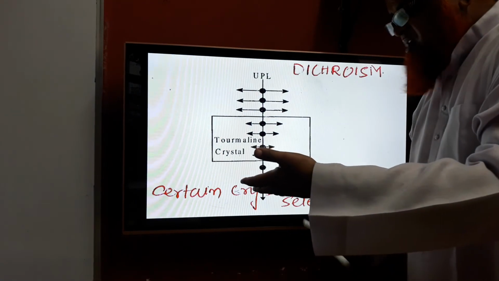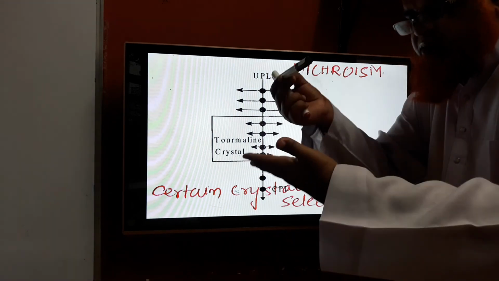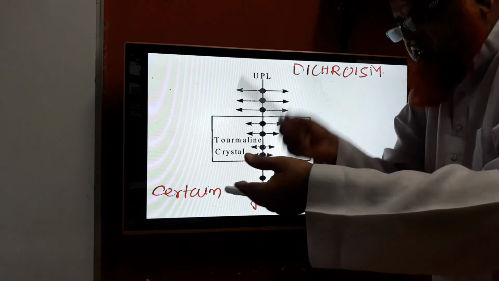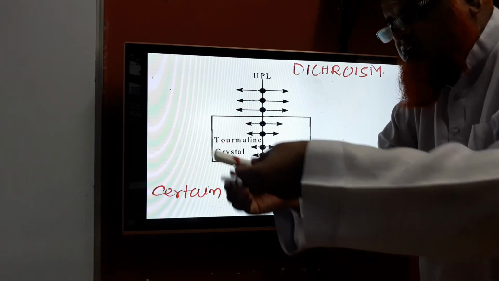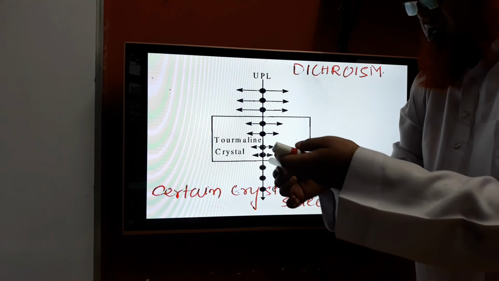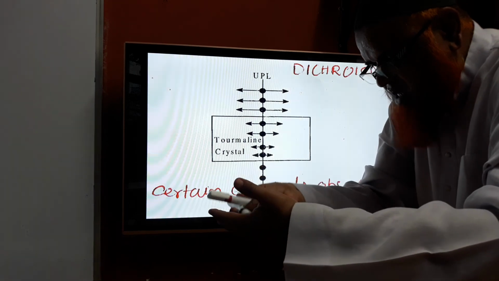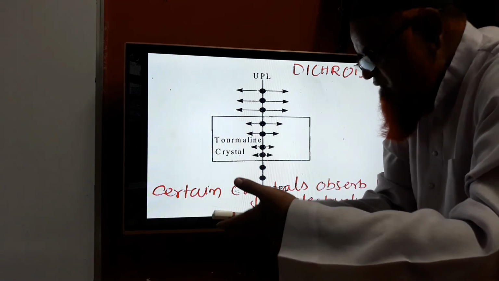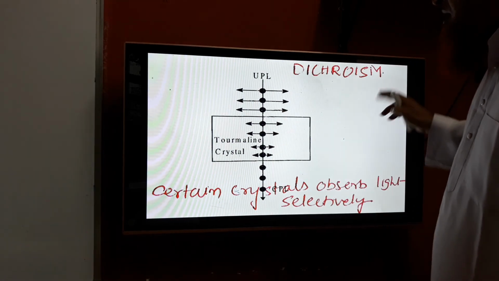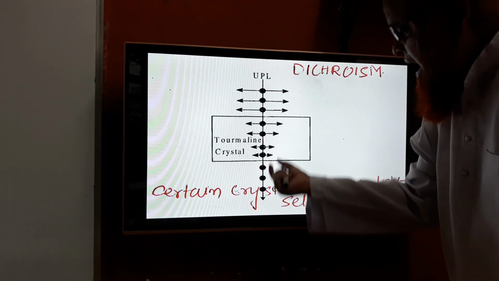Whenever vertical gaps are present, this is a dot. The dot will enter the gaps present between my fingers, whereas the ones in red color, represented with arrows, are filtered and only dots come out. Why dots? Because if you see the pen from that side, the cross section appears to be a dot. So the unpolarized light enters like this, the dots enter the tourmaline crystal, whereas the arrows are slowly filtered. This process is called dichroism, where one plane is completely filtered out, step by step, and dots come out.